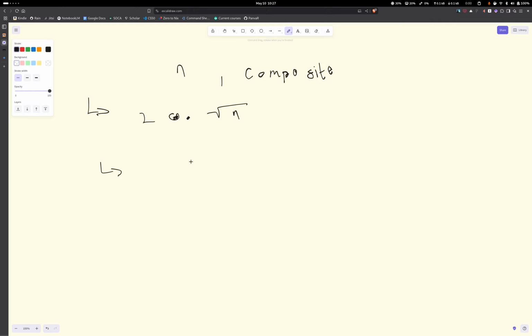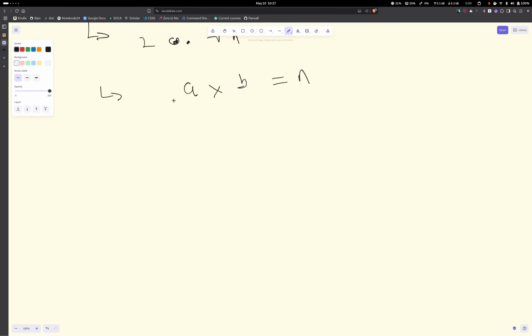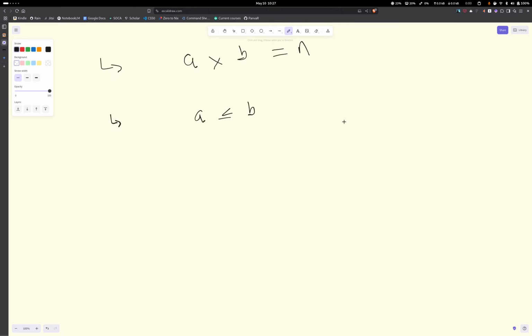Because it is composite, it must be possible to express n as a times b equals n. And the relationship between a and b can only ever be a is less than or equal to b. For example, if you think of something like the number 36,